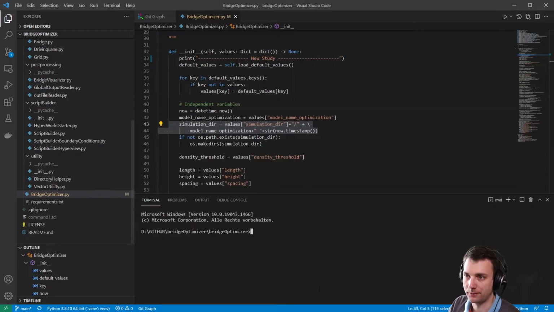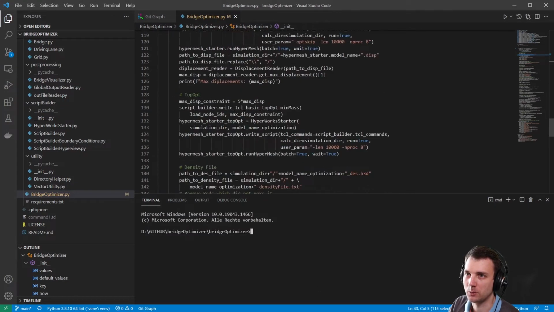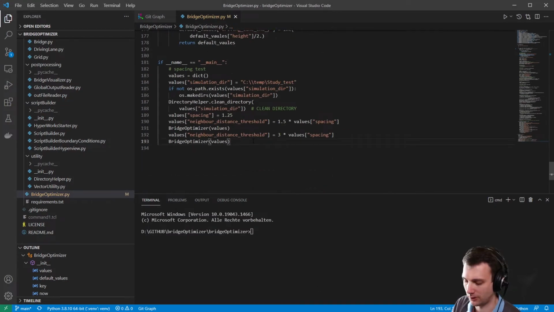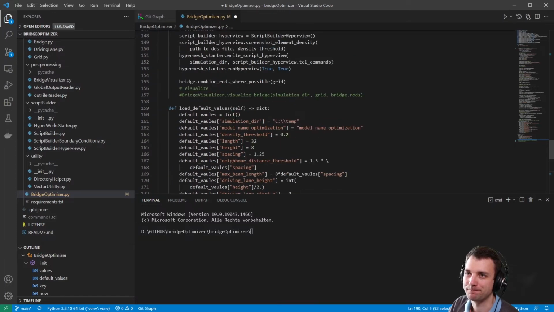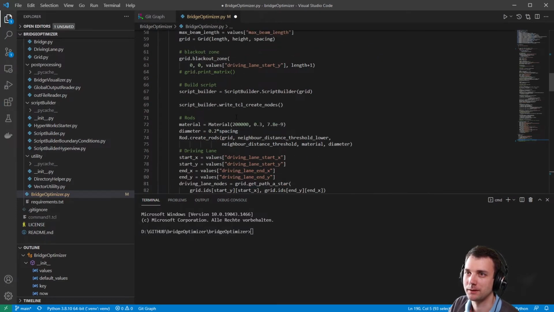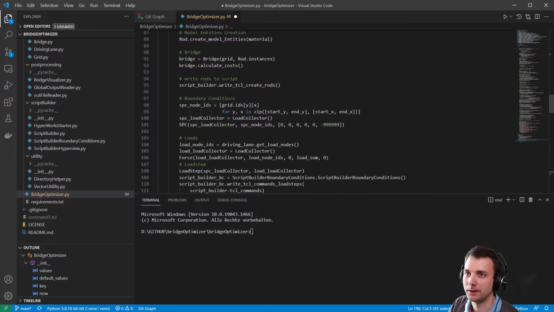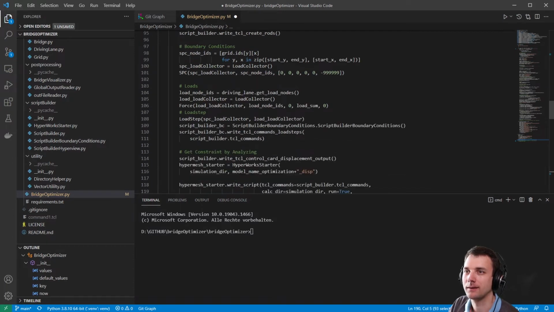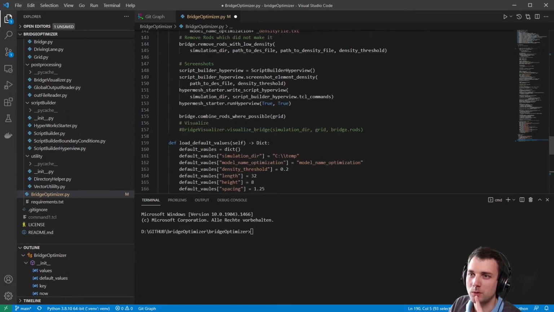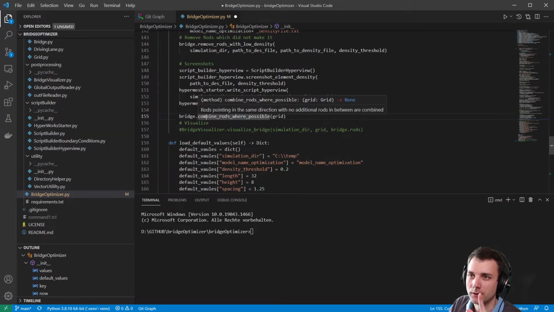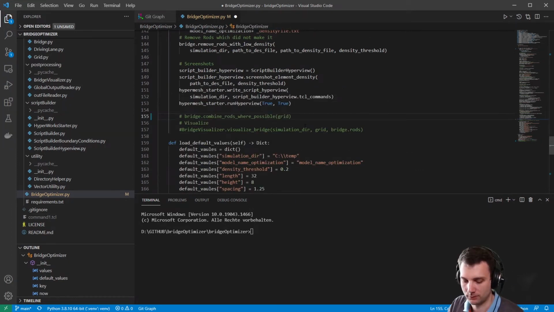So empty folder here. And now the first thing we want to do is we will just comment out those 2 lines and just make one simple bridge. This is more or less the default values, right? Yeah. So this will be taking a bit. And yeah, what else do we want? Maybe we want to not combine the rods for right now